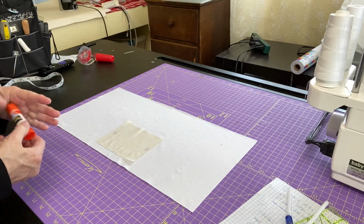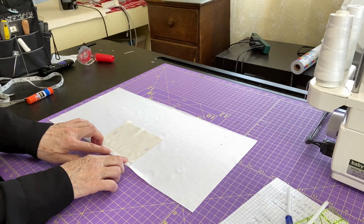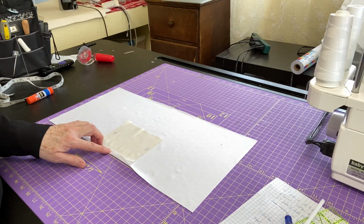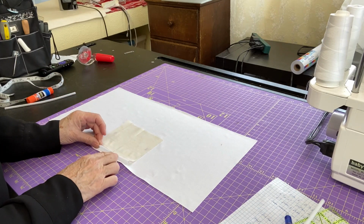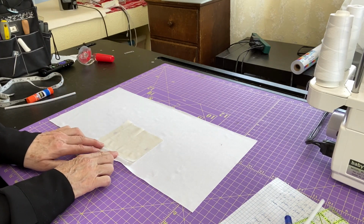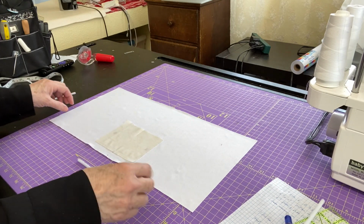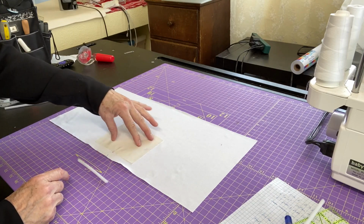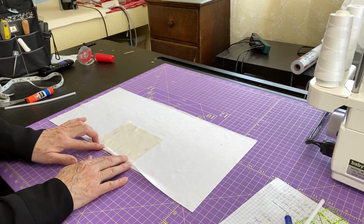Remember, you're leaving a bit at the top because you're going to roll this down with a small stitch in order to put your 4-inch piece of pipe cleaner in. I'm making the pipe cleaner 4 inches because, as you can see, it's going to fit right in very nicely. So we'll take this over to the sewing machine, stitch around 3 sides with a very narrow stitch, and then bring the top down